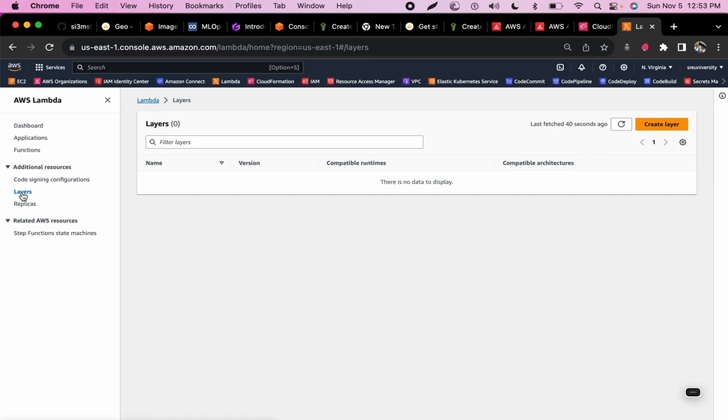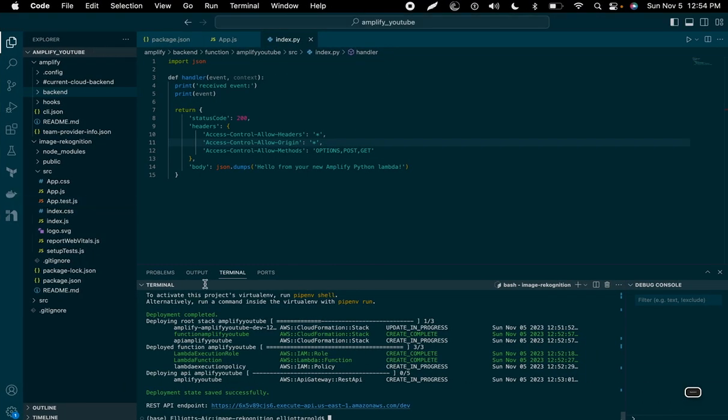And so again, layers is just basically a way for us to consistently access libraries that we want to use across a wide array of functions, applications. So it's just very handy. All right, so over here we have the REST API endpoint, and if I just do a curl real quick,